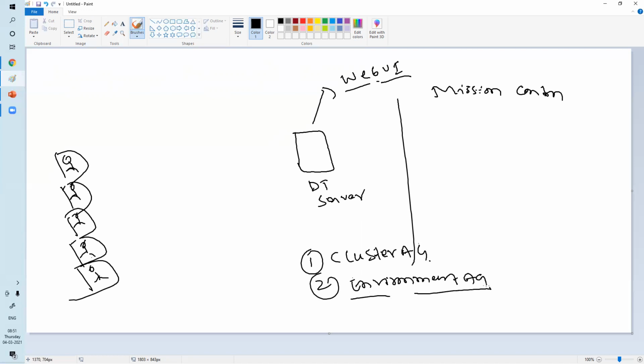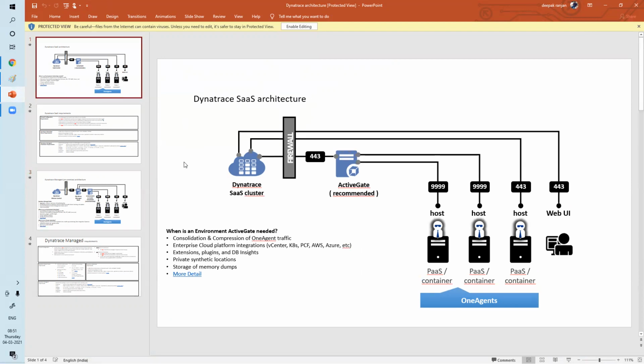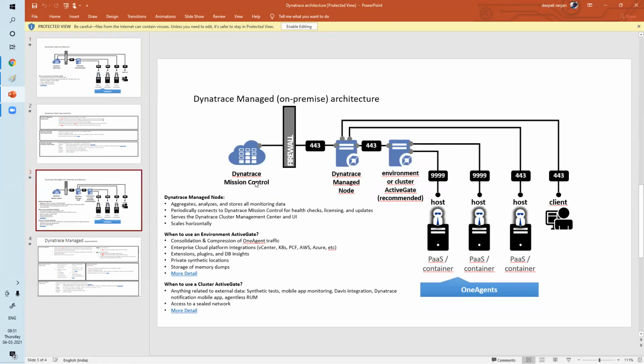Now just have a look at this architecture. This is your Dynatrace client, directly connected with the Dynatrace Managed node. You can see the one way. Mission control always runs on the Dynatrace environment; here they have not mentioned it, but it always runs there.